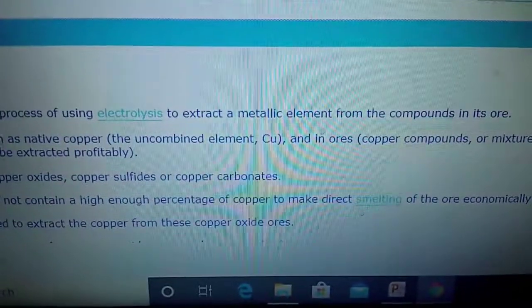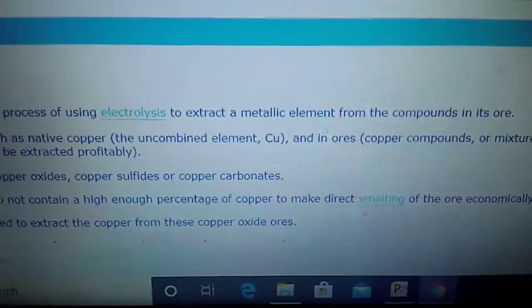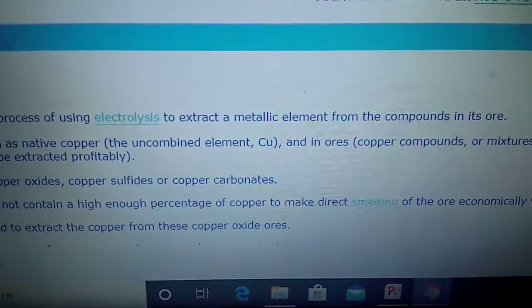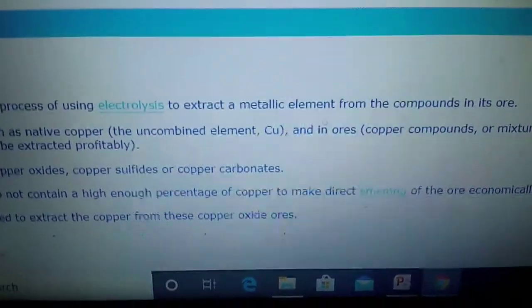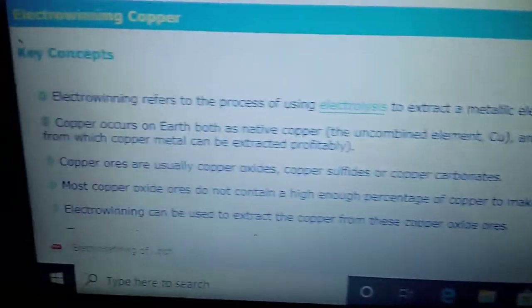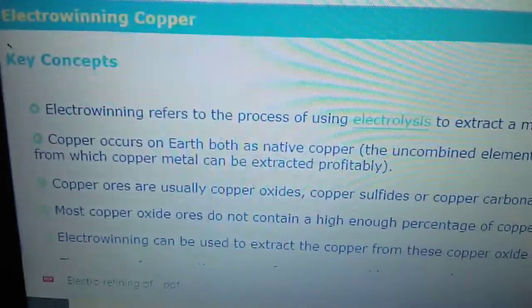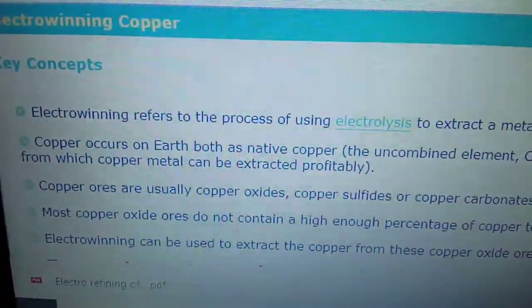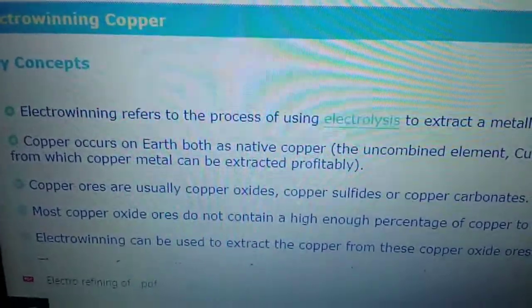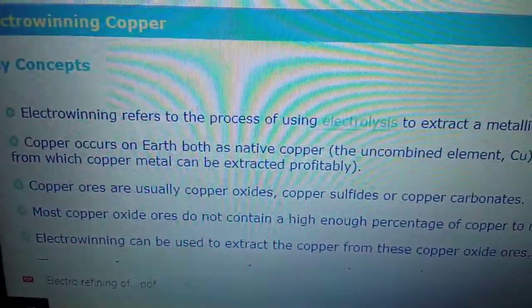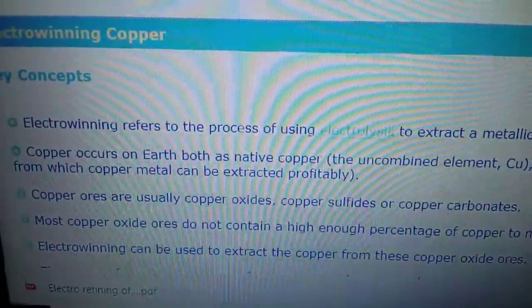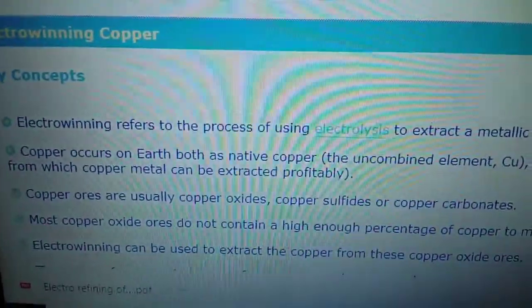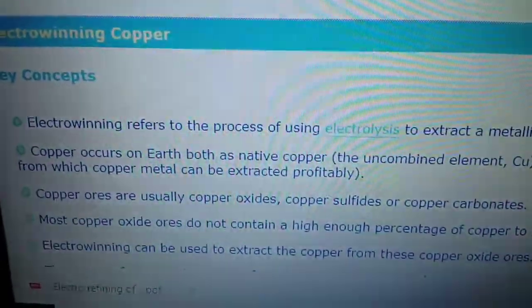In electroplating you are extracting a metal from a compound that is not an ore. But during electrowinning you are extracting a metal from its compound, and that compound is the ore. So if you are talking of electrowinning of copper, obviously you are talking of extraction of copper from the